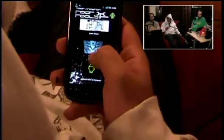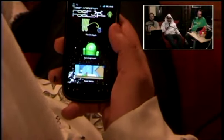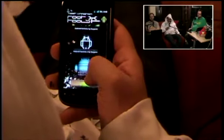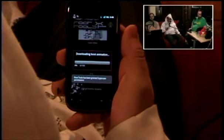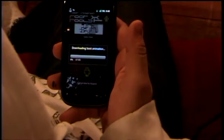You can get the Decepticons. You can change it to a whole list of things. You can even get Super Mario, or you can piss on an Android or Apple. There you go. But I'll just show you real quick. I'll switch it to the Decepticon. Nice. So when you go to do that, it's going to